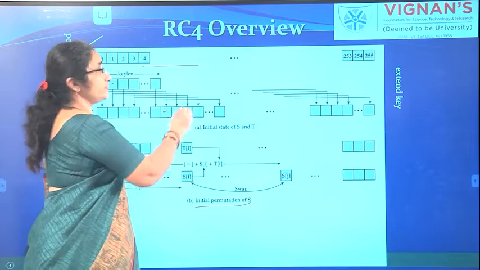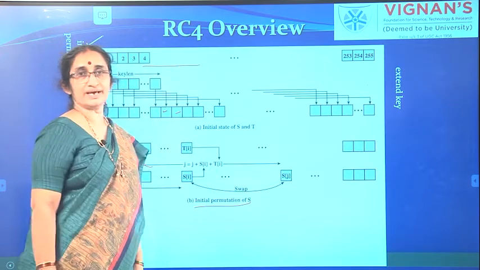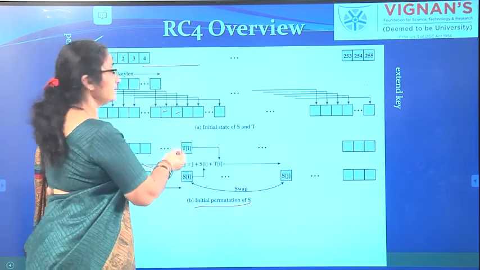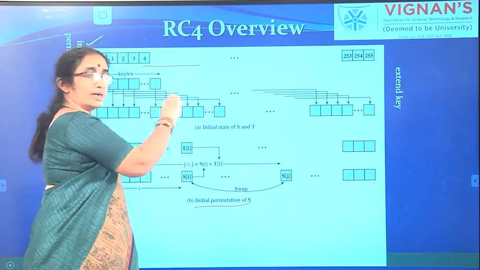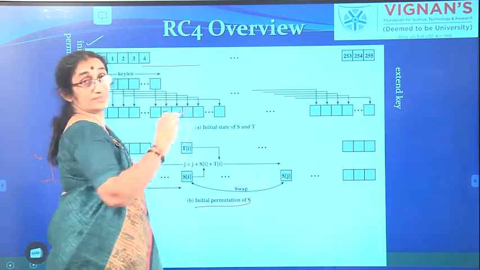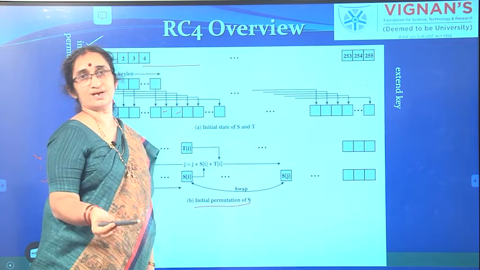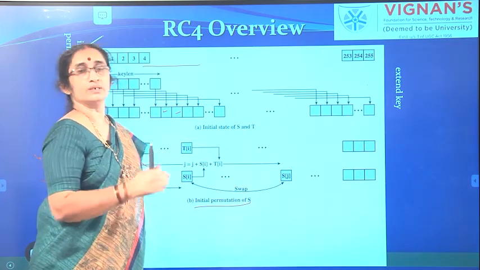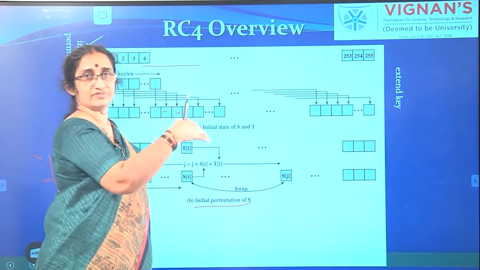So, the first step is you are taking an initial array with values from 0 to 255, and then you are taking the key and you are replicating the key till you reach, that means you must have 256 values of the key. Because you are taking a variable size key, you can replicate it with the same values.